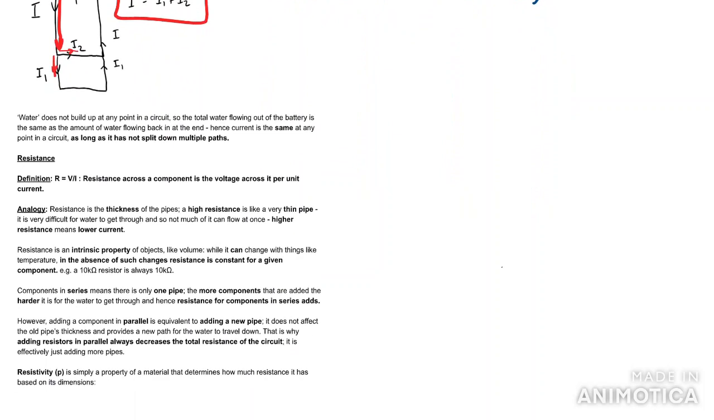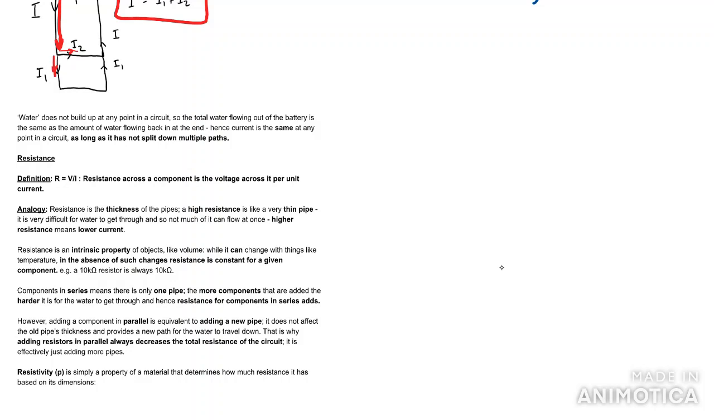Resistance, the actual definition you want to use for definition questions is simply that R equals V over I, e.g. the resistance across a component is the voltage across it per unit current. Now, that's the definition you want for definition questions, but it's not particularly illuminating in terms of how we should think of it. So the second part of the analogy for resistance is that you should think of resistance as